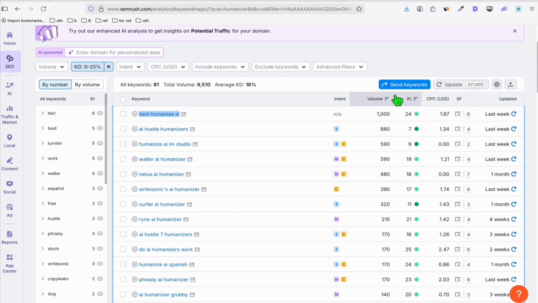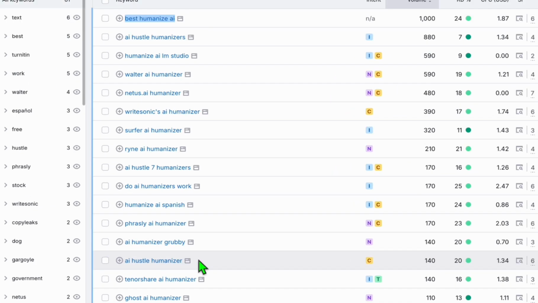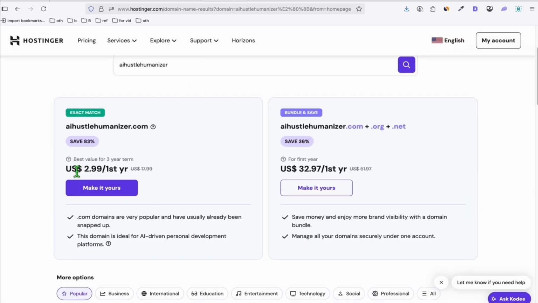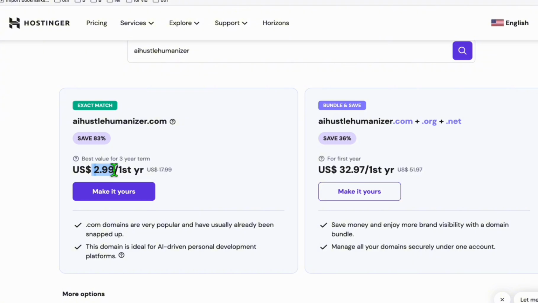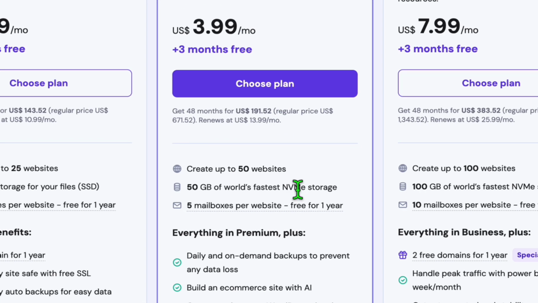So let's just get, make sure the volume is quite reasonable, maybe 100 plus. So let's try this AI Hassle Humanizer. Let's see if this domain name is available. Look at that, guys. This is available for just $2.99 a year, and you can also sign up with hosting, and you can host 50 websites. So if you sign up for a hosting plan, you will get one domain free, and you will get 50 websites